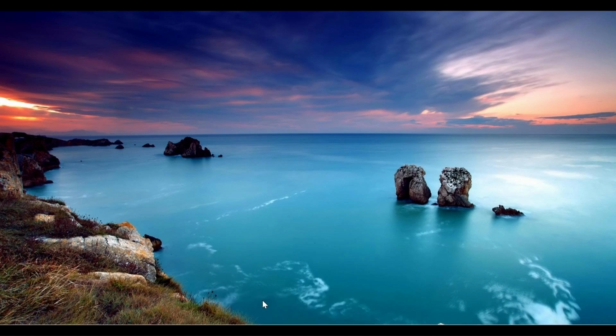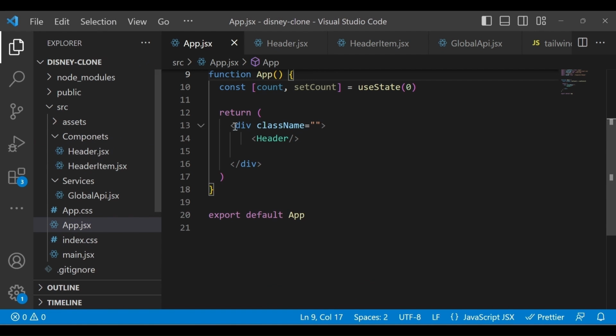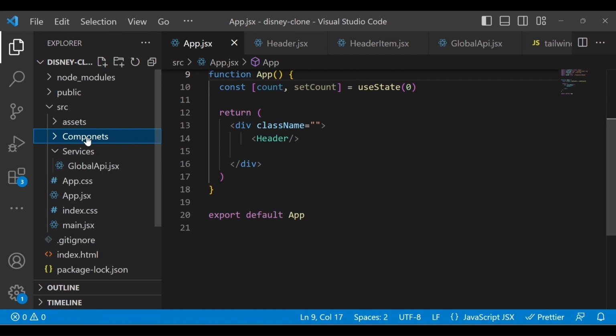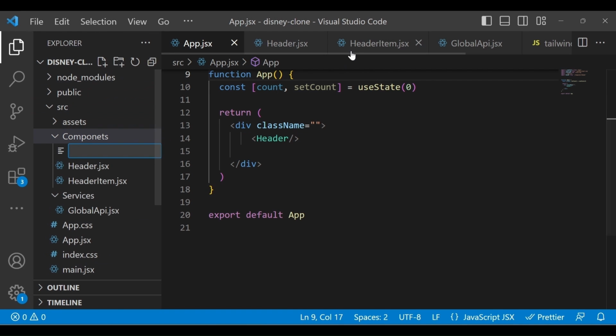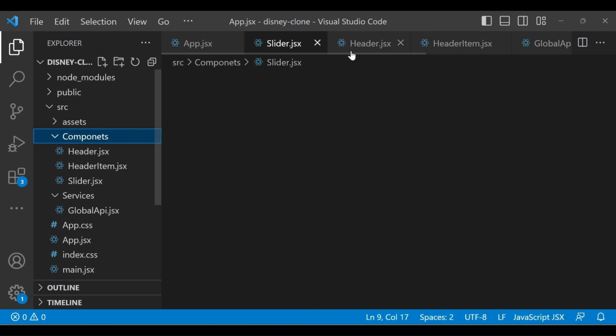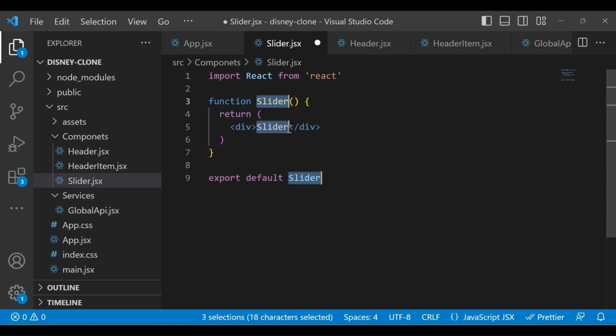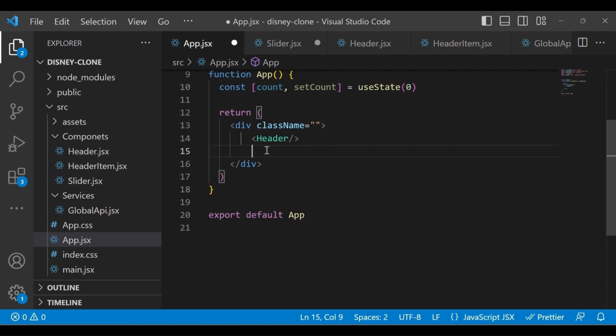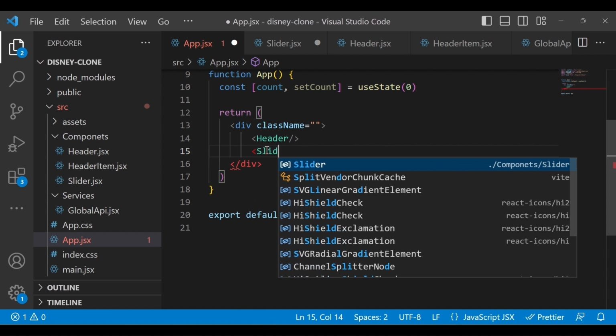Go back to our project, and here create a new file in components called slider.jsx and add the default template. After that go to the app.jsx and make sure after the header you add the slider as well.